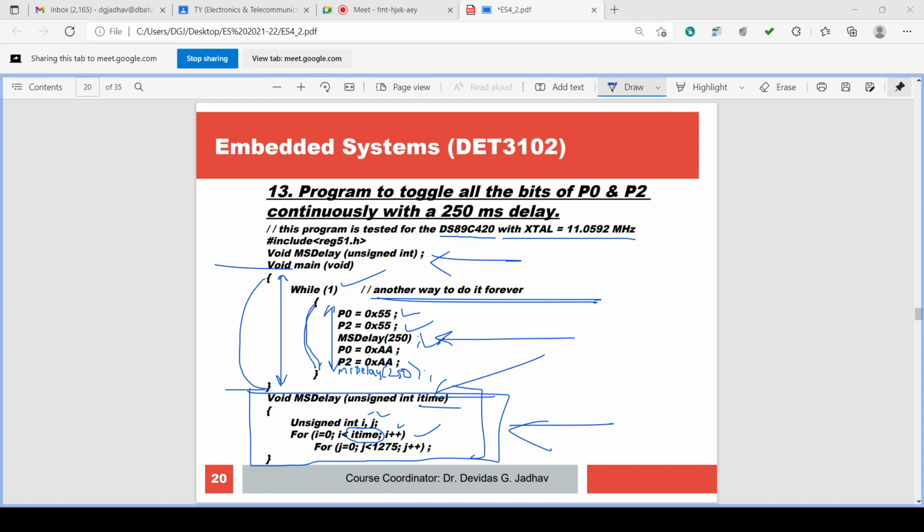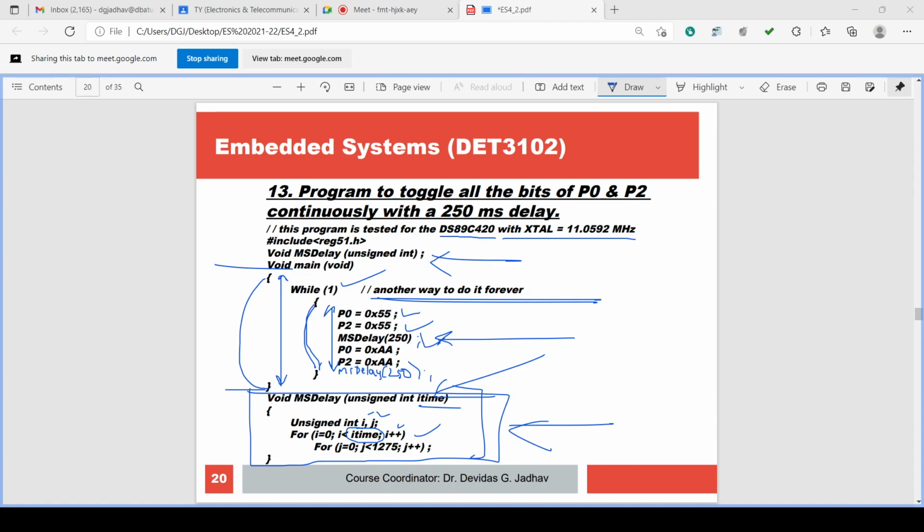When the values of P0 and P2 are assigned as 0xAA, that is 10101010, again delay is executed for 250 milliseconds, or 500 milliseconds, whatever the delay. Now this delay is keeping the P0 and P2 values as 0xAA, 10101010, up to 250 milliseconds. The values of P0 and P2 are not changing from 10101010.